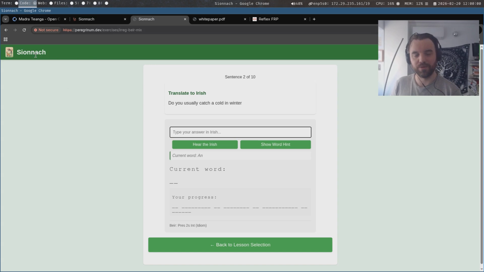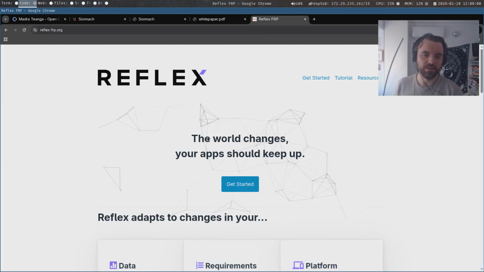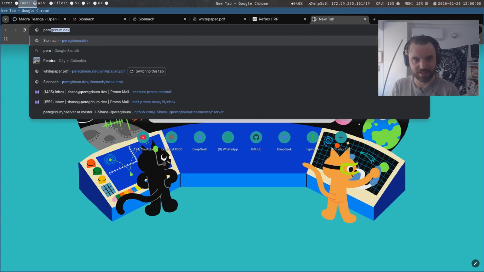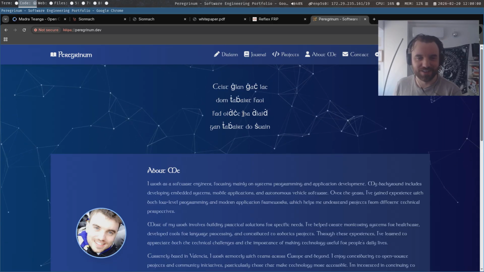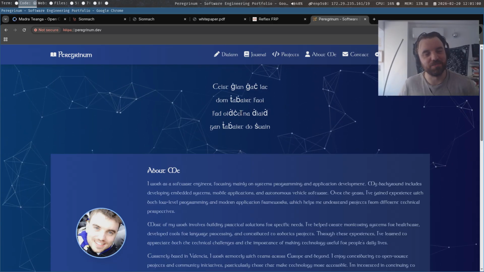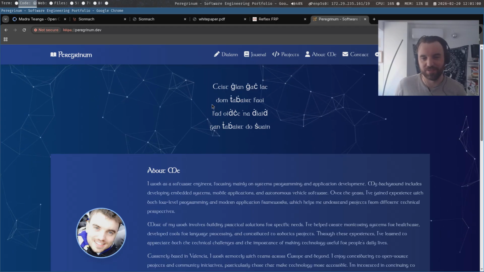This is the original prototype, Sionnach. I just took a picture online from the Book of Kells, and this is written in a language called Haskell, in a framework called Reflex FRP, which is this one. Oh, I didn't know that we both had that. I'll show you what I mean. Yeah, I've always used that. I used to always use that in my websites. I don't know, I saw it and thought it was cool.